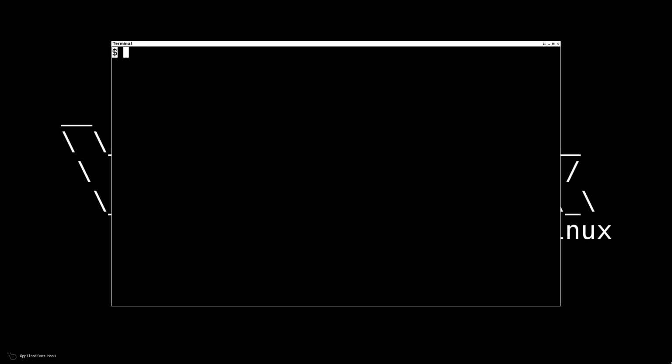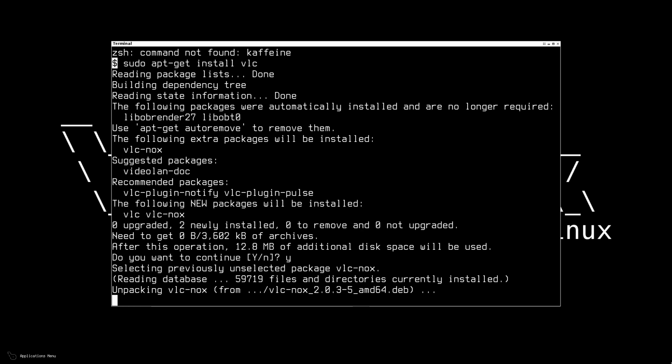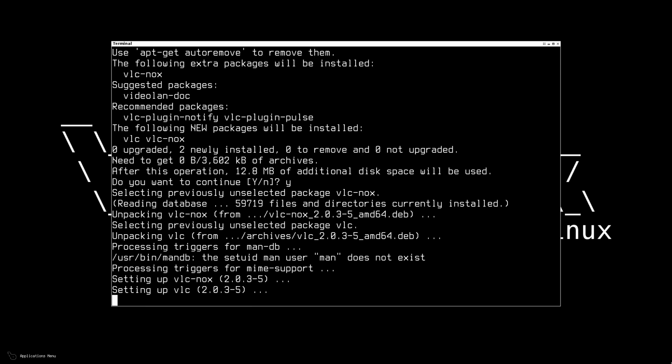As an example here, in my home directory I've got a video of a presentation I gave at the Ohio Linux Fest in 2002. I'd like to watch it, but I don't have any media players installed. They're all not there. So let's install some. If you want to install, say, a media player from Debian, you can do it just like you do it on Debian with apt-get install. Do VLC from Debian as an example. When this finishes, we'll see it runs just like it would on any other Debian-based distribution.